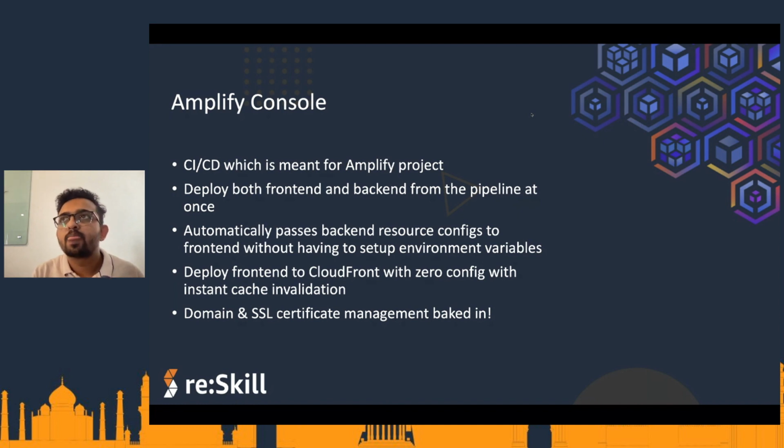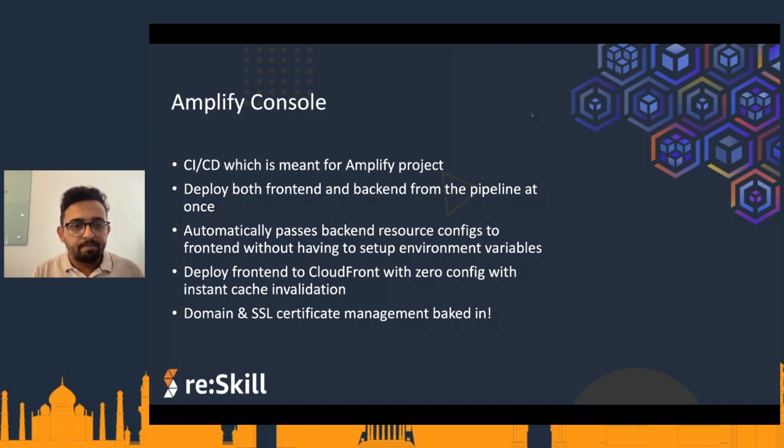It could be a React, Angular, or Vue.js application containing both front-end code as well as back-end resources, because if we use Amplify CLI, it is going to create all the back-end resources as part of the same repository. So using Amplify Console, it's very simple for us to set up continuous integration and continuous deployment of our application.